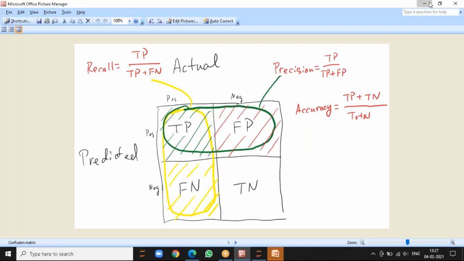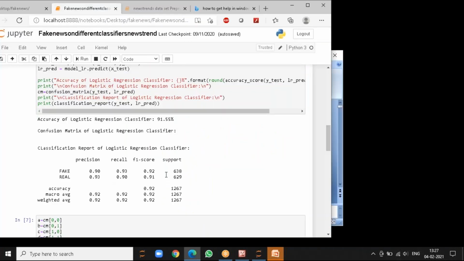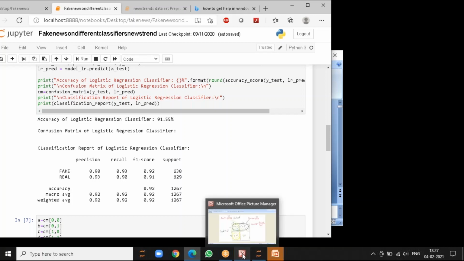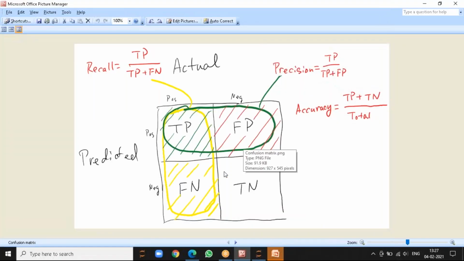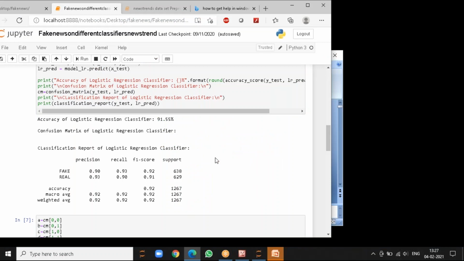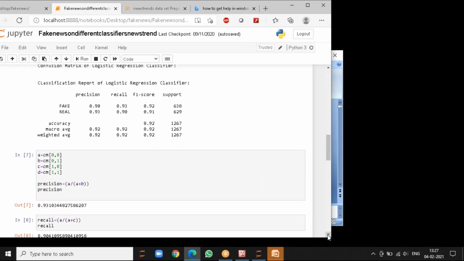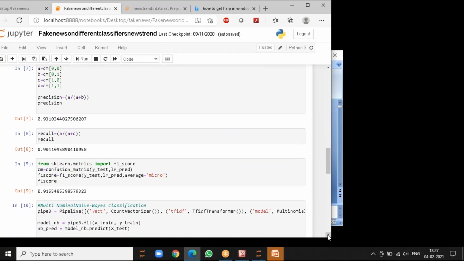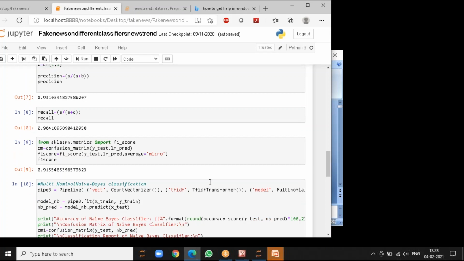If we see this value, the FP and FN values are very low, which means our model is quite good, because it is giving the correct results. So this is how precision and recall are calculated, and F1 scores are calculated. Anyhow, the accuracy that I got from logistic regression using those two feature extraction techniques is around 91.5. And if I use a different classifier like multinomial NB,